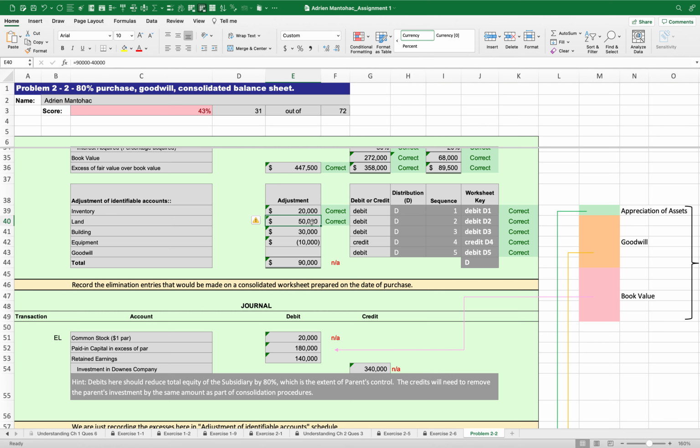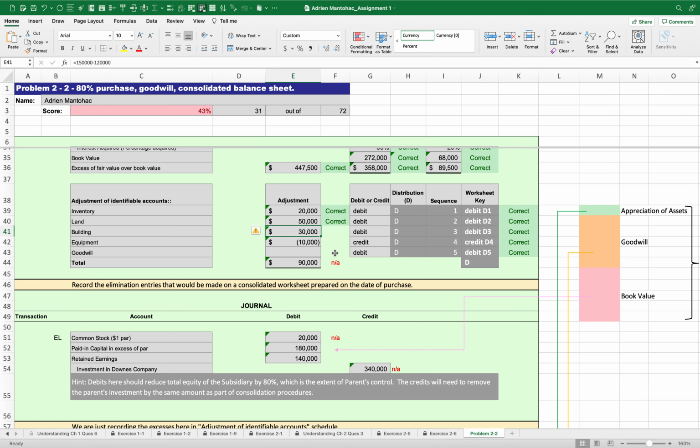We'll take a look at building next. And we're always looking at the net values, right? We don't care about accumulated depreciation. We just want to see what the book value is of an asset. So in this case, it was 120,000. But if you take a look down below where it says the following fair values applied to Downs' assets, they say building is 150,000, that means it was worth 120, and we paid 150 for it. Thus, the difference of 30,000 must be applied during the consolidation process to this asset called building,